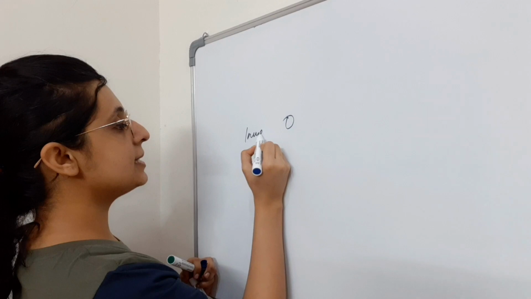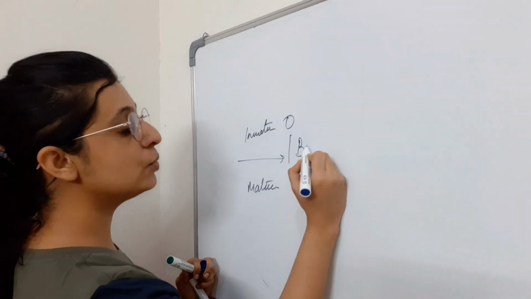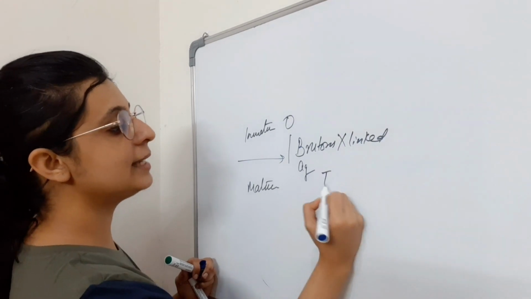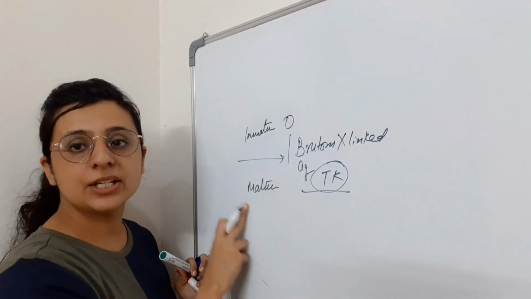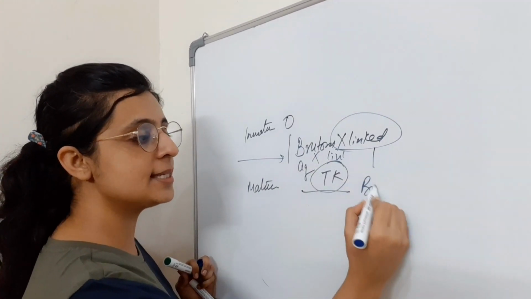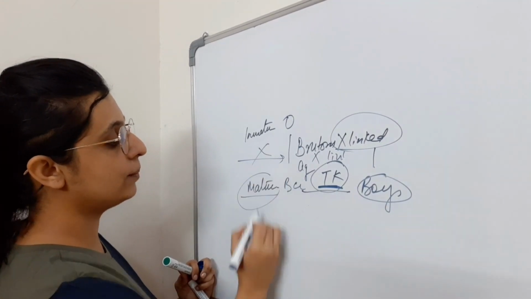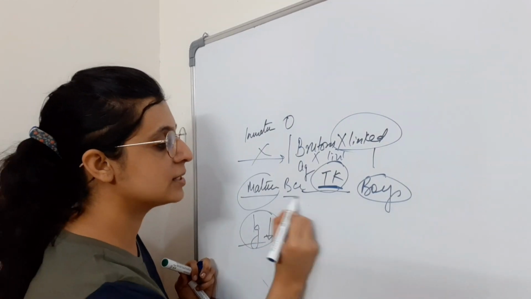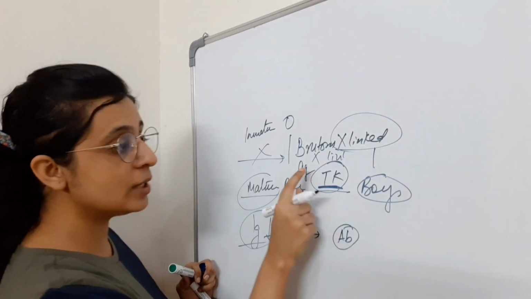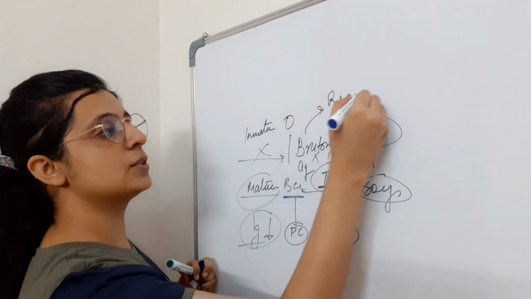Once these immature B cells are formed, they have to get matured, and any defect in this maturation, for example, Bruton's agammaglobulinemia, which is X-linked, has a defect in the tyrosine kinase pathway required for maturation of B lymphocytes. Because it is X-linked, it occurs mostly in boys. The defect is at the tyrosine kinase level, and because mature B cells are not formed, there is deficiency of immunoglobulin, because these mature B cells have to get converted into plasma cells to form antibodies. So agammaglobulinemia, deficiency of immunoglobulins, will lead to recurrent infections.